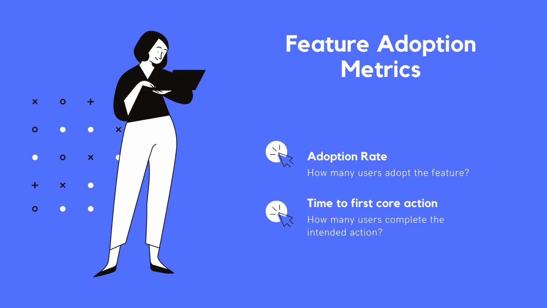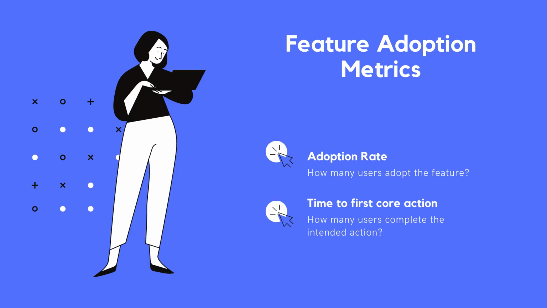Feature adoption is not just a fancy term. To achieve it, you need to measure it. So how do you measure feature adoption? Sign-up rates? Sure, but sign-up rates do not give you the full picture. Keep track of adoption rate and time to first core action to measure feature adoption. So adoption rate is sign-ups, clicks, conversion, or whatever is a sign-up for you. How many users actually showed interest in the new feature? Say if you have 1,000 customers, how many of them clicked or showed interest in the new feature?